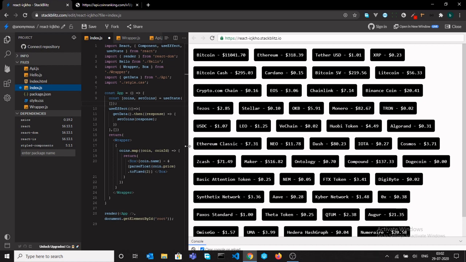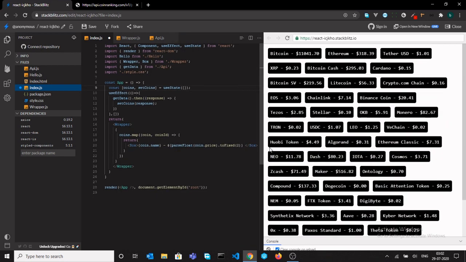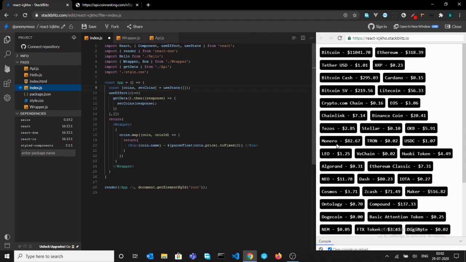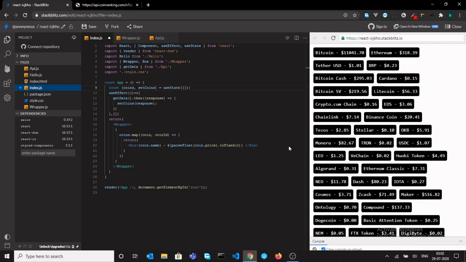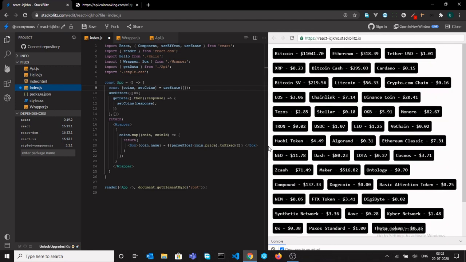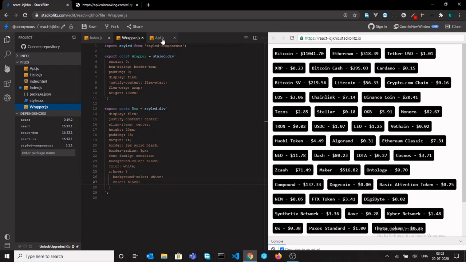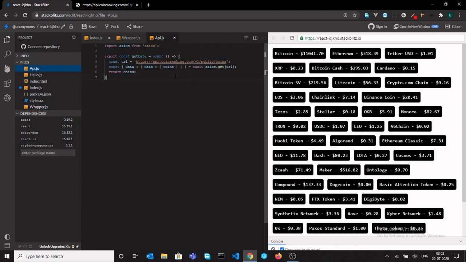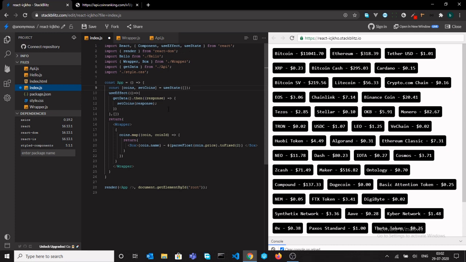So guys, I think this is it for this video. I've shown the basic use of styled components in a React application with consuming an API. I also covered object destructuring in here, some CSS styles, creating an API using Axios, and some promises also. And I've also got... no, I'm going to add